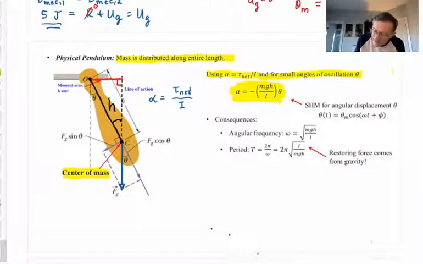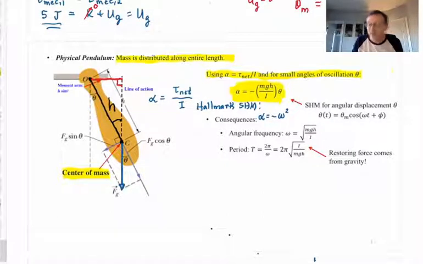And that again is the hallmark equation of simple harmonic motion. Angular acceleration equals negative constant, that constant is the angular frequency squared, times the angular displacement. It has that form. We need to be able to recognize that. The minute we recognize that our angular acceleration equation from Newton's second law is of the hallmark simple harmonic motion form, boom, we know that that